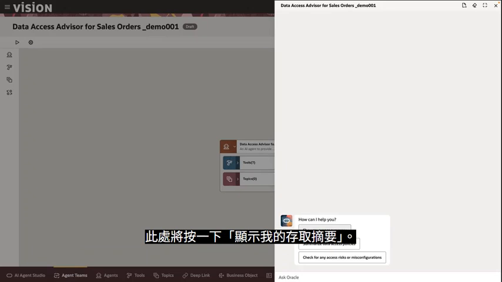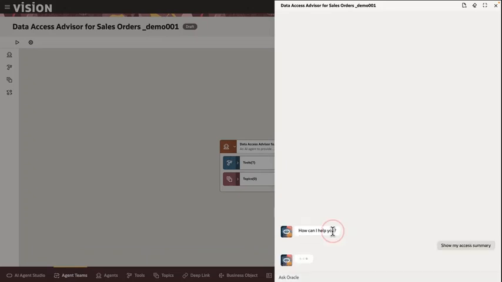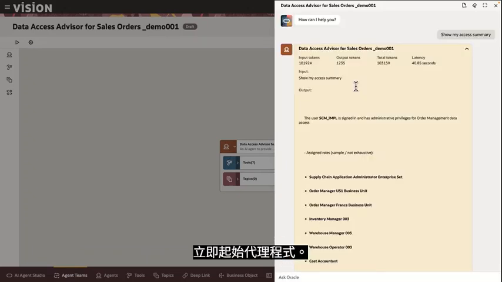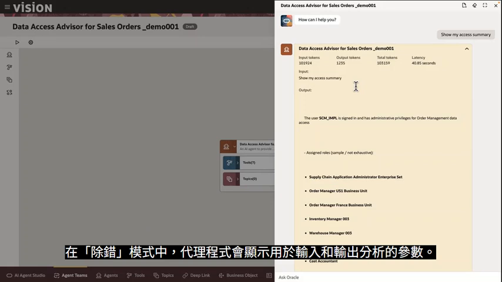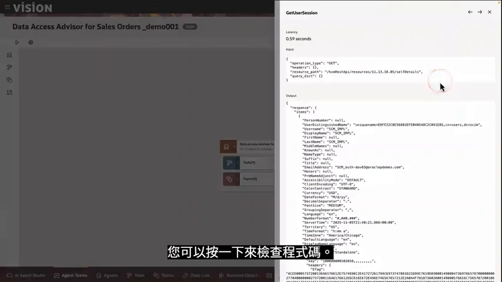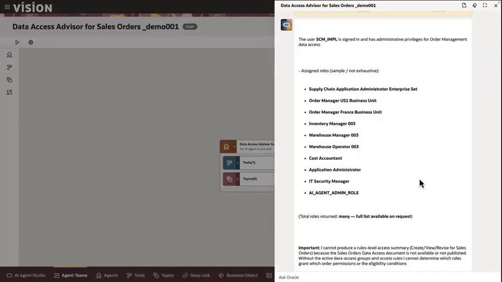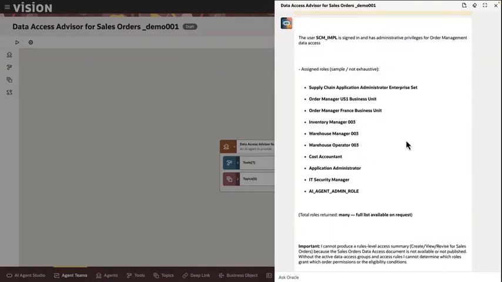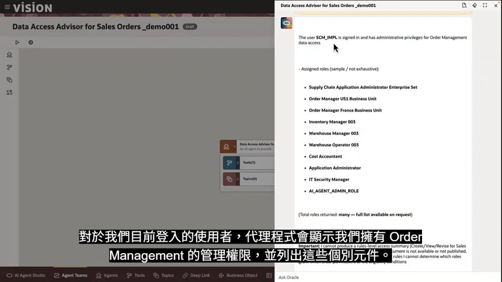Immediately, the agent is initiated. The agent shows the parameters for input and output purposes for analysis. If we scroll down, it also shows the context and the tools that were used as part of the call. Examine the code. And then below, we actually see the results as would be returned to the end user. For the user that we're currently logged in as, the agent created privileges that we have for order management, and lists those individual components. The agent also shows recommendations